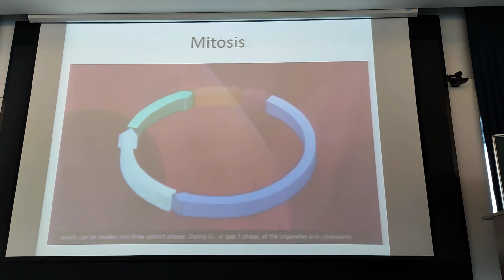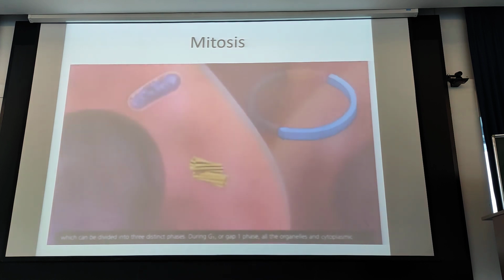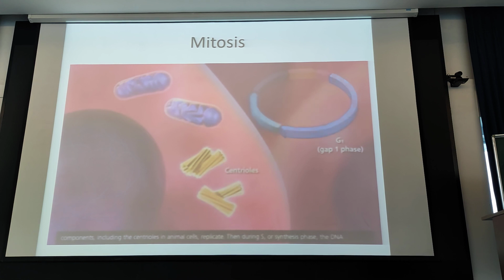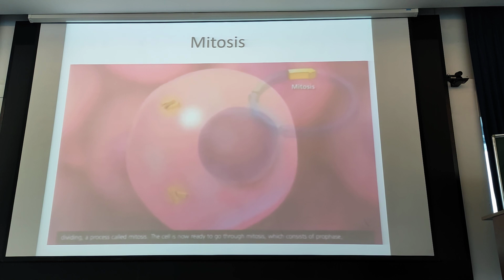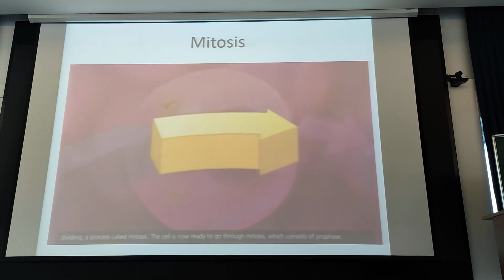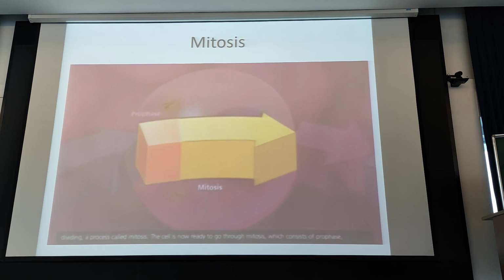interphase, which can be divided into three distinct phases. During G1 or Gap 1 phase, all the organelles and cytoplasmic components, including the centrioles in animal cells, replicate. Then during S or synthesis phase, the DNA replicates. Finally, during G2 or Gap 2 phase, all the enzymes needed to aid in the process of cell division are produced. Most eukaryotic cells spend a great deal of time in interphase, and a very short period of time actually dividing, a process called mitosis. The cell is now ready to go through mitosis, which consists of prophase, metaphase, anaphase, and